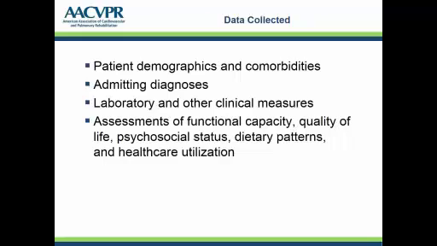There's a lot of demographic information on the patient's comorbidities and medical conditions, what their admitting diagnosis is to cardiac rehabilitation. There are areas to be able to collect laboratory data and other clinical measures like blood pressure, height, weight, glucose levels, that type of thing, lipid profiles. And then the types of things that you do in your initial intake assessment are collected. So things like baseline functional capacity, quality of life questionnaires, psychosocial status, dietary patterns,